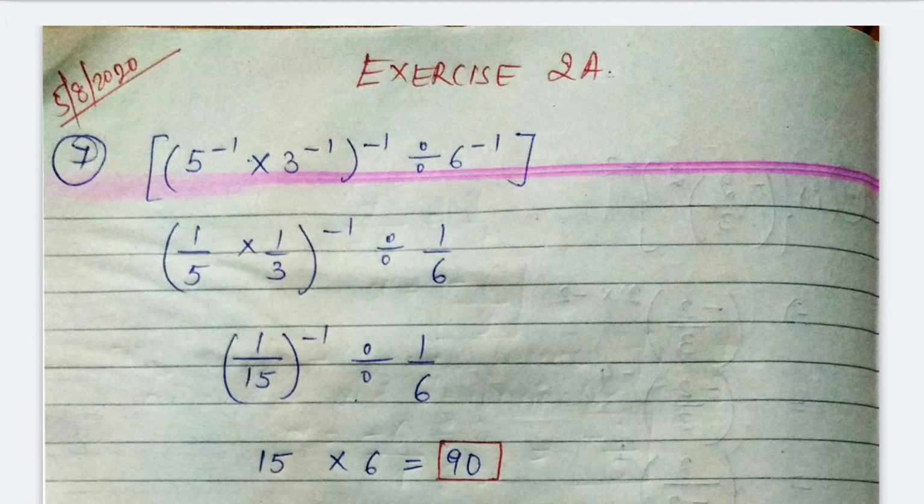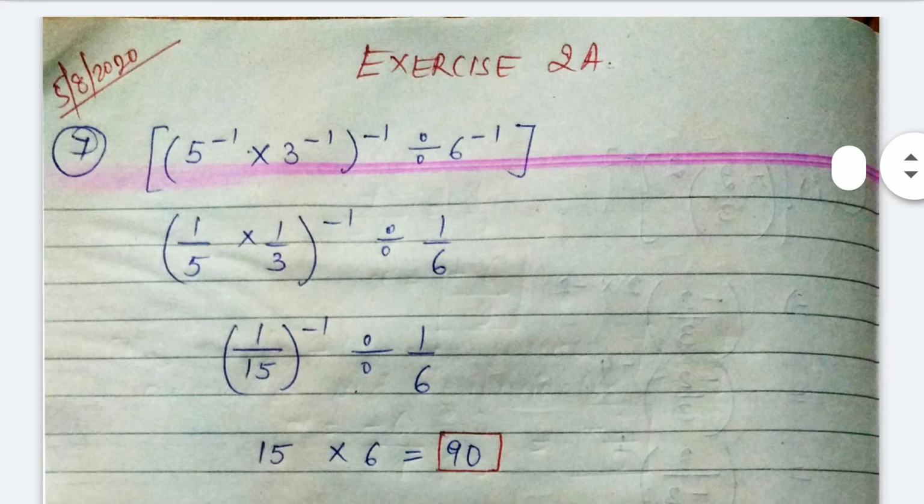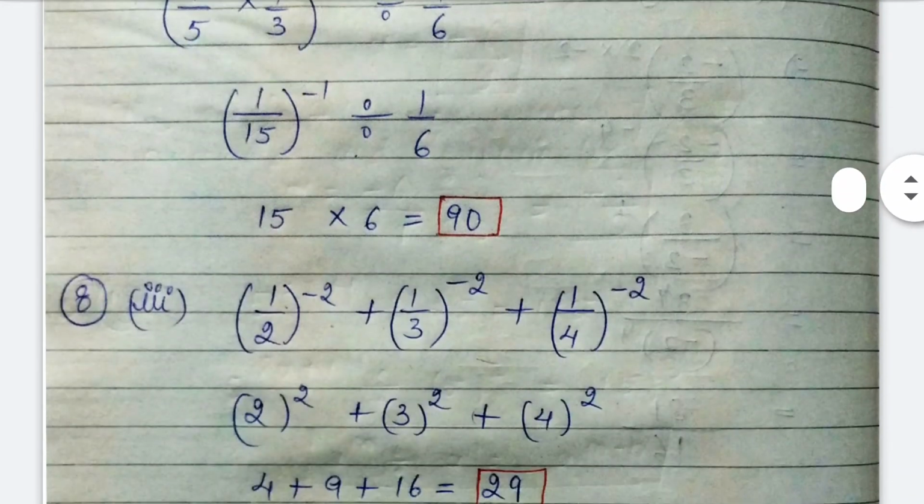Now 1 by 5 into 1 by 3 is your 1 by 15, inverse, divided by 1 by 6. 1 by 15 gets reciprocal because the inverse sign makes the number reciprocal, right? It means 15 becomes 1 by 15 and 1 by 15 becomes 15 in case of reciprocal sign. So 1 by 15 inverse means 15, divide becomes multiply here, and 1 by 6 becomes 6. As I already told you, the divide sign is converted into multiply sign and the digit which comes after the divide sign gets reciprocal. So your answer is 90.